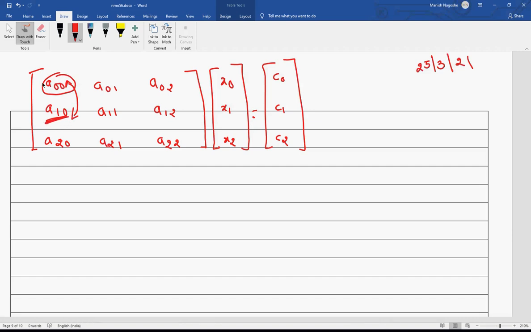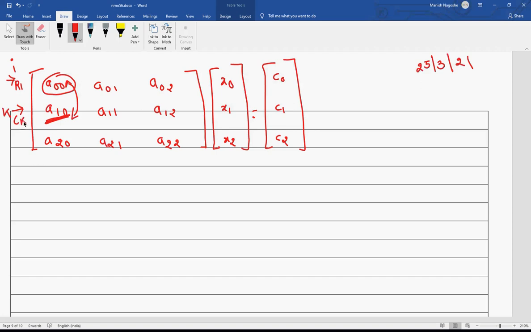So this is my reference row. I labeled it as R1. With the help of this row, I'll make A10 as 0, and I call this the operating row. Here I will use variable i for the reference row, and for the operating row I use variable k.